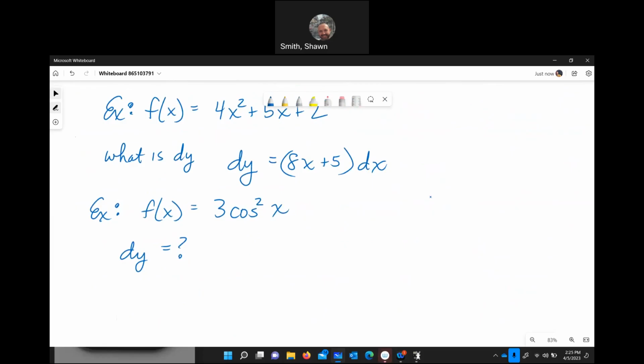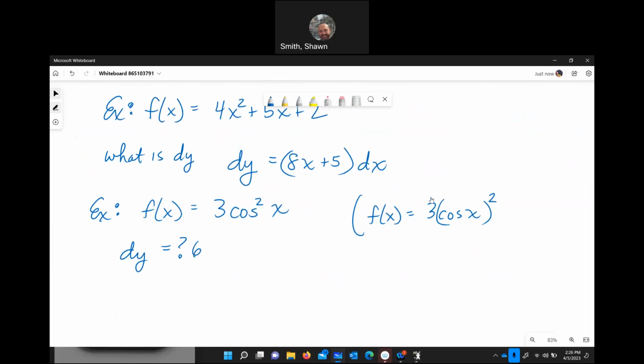This is 3 times cosine x all squared, if you want to look at it that way, just the cosine is squared. So the chain rule applies. So f prime, 2 times the 3 makes 6, times